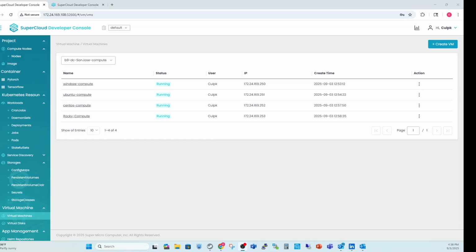PM Ed of Cloud Management Solutions here at Super Micro, continuing our podcast on navigating the SuperCloud Developer Console, formerly SDX. In the previous video, with a one-click operation, we were able to instantiate VMs, and you can see in the list here four of them that were instantiated in the previous video, entering some important information such